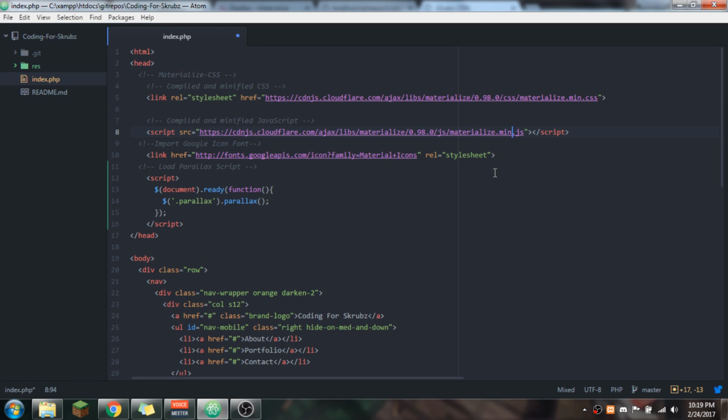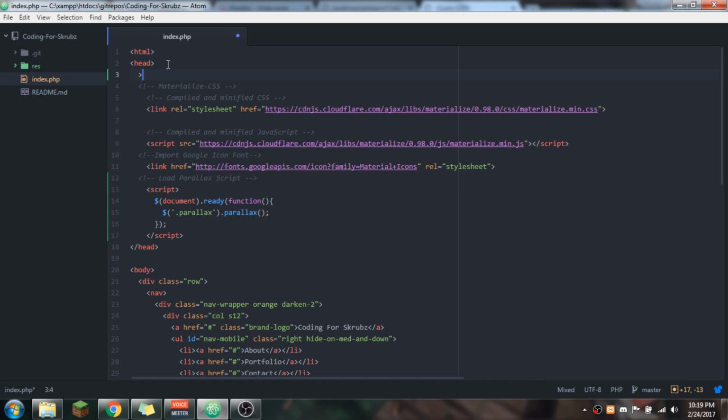It doesn't check again if jQuery loads afterwards. HTML does everything in order. First it gets the CSS file, then it loads the JavaScript, then Google material icons, and then the inline script. So what you need to do is load jQuery